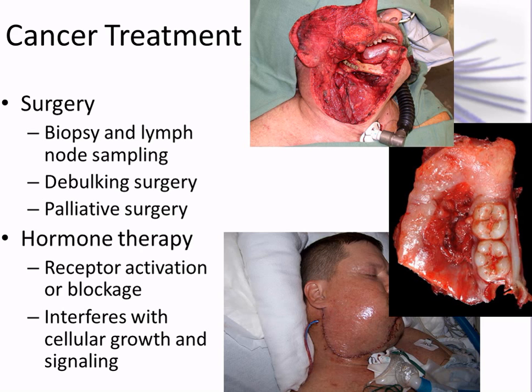And then there are some other things like surgery. And yeah, this is my don't chew tobacco public service announcement. This guy was a tobacco chewer, and they did a debulking surgery. So he had tumors growing all through here. They actually removed this entire part of his jaw. There you can see it, teeth and all.